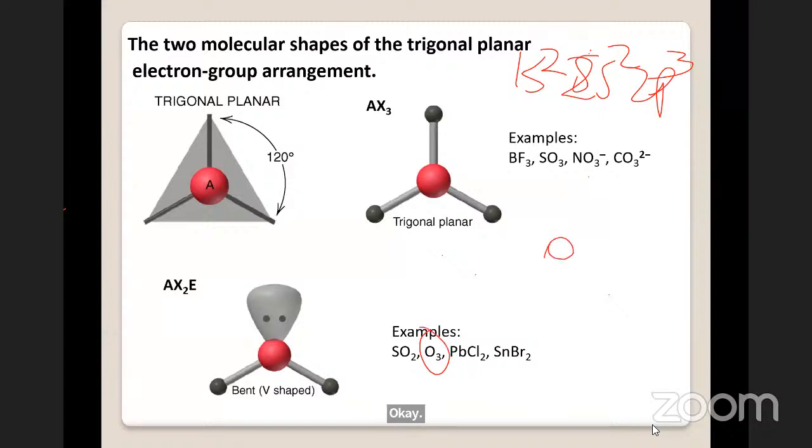Oxygen is a central atom, and since oxygen is a central atom, you will have the